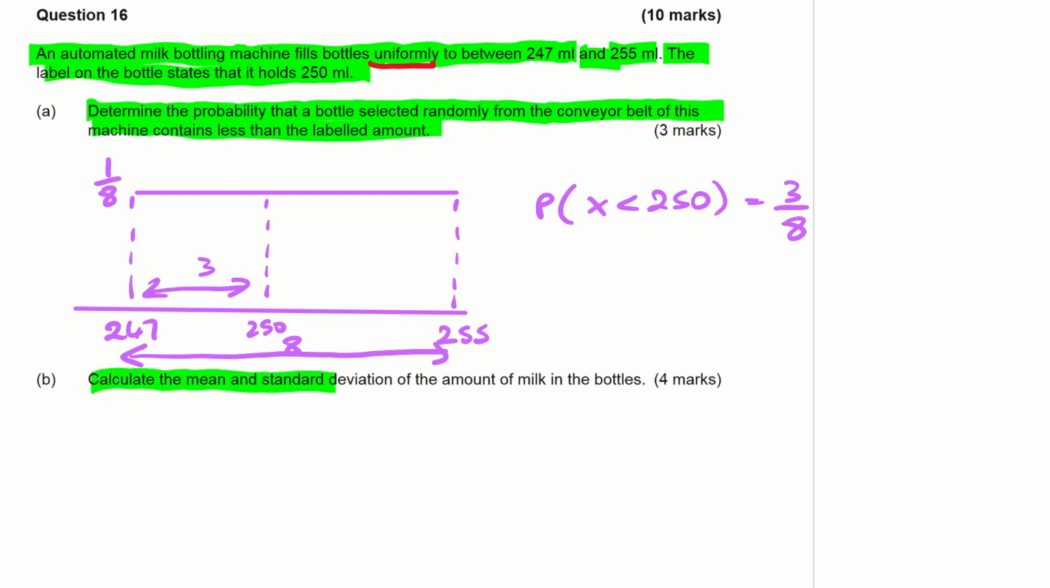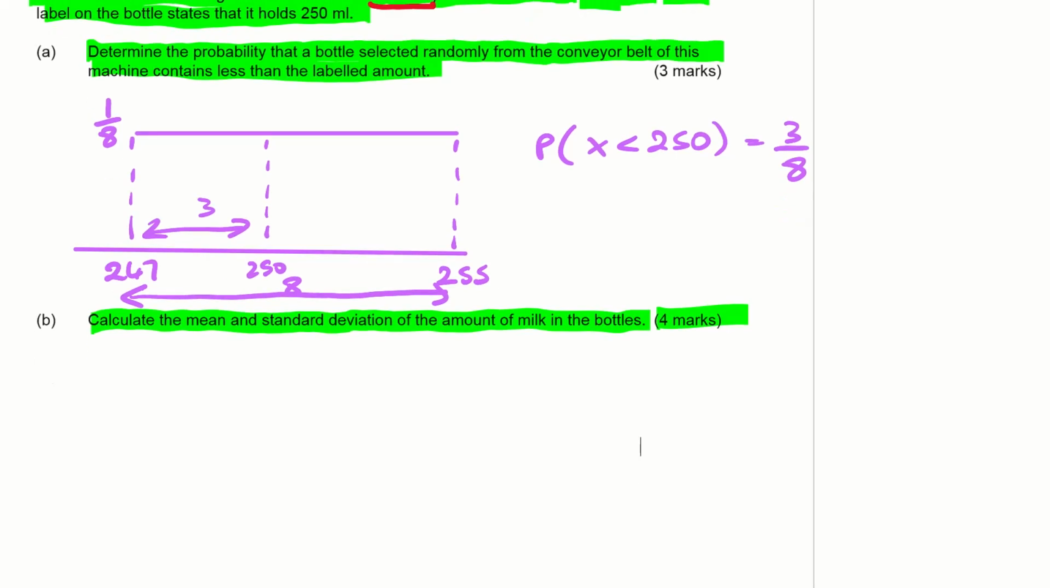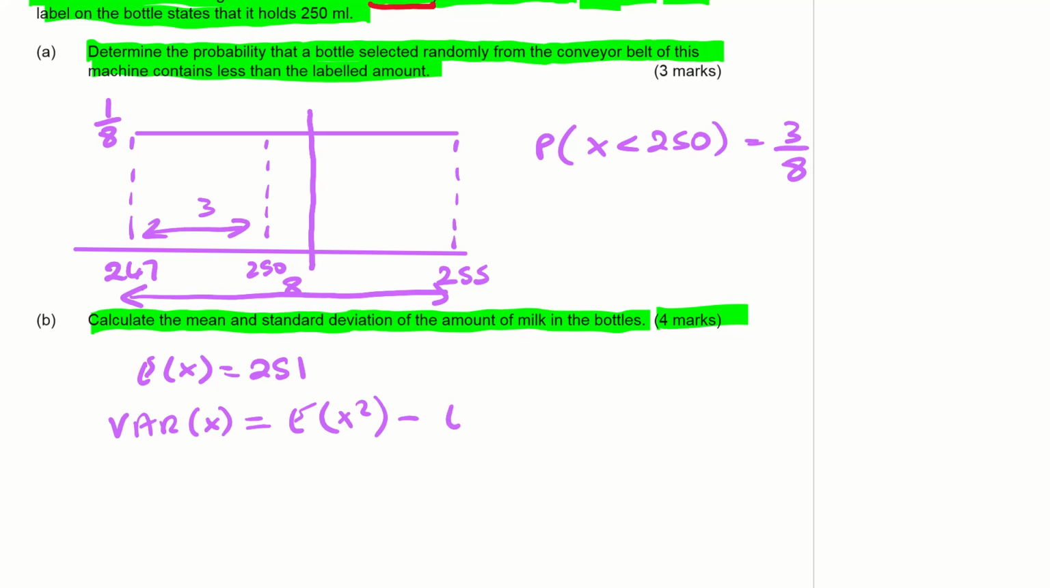Calculate the mean and standard deviation of the amount of milk in the bottles, which is 4 marks. Well, it's a uniform distribution, so it's symmetric, so the middle of that interval is 251. The variance of x can be obtained by doing the expectation of x squared, take away the expectation of x squared,